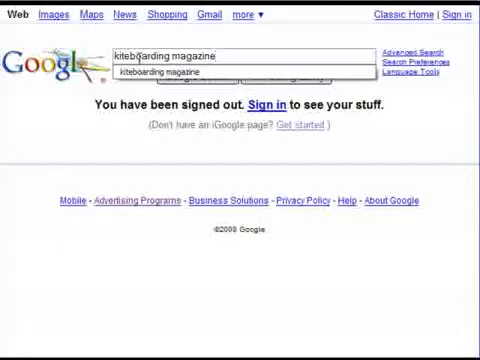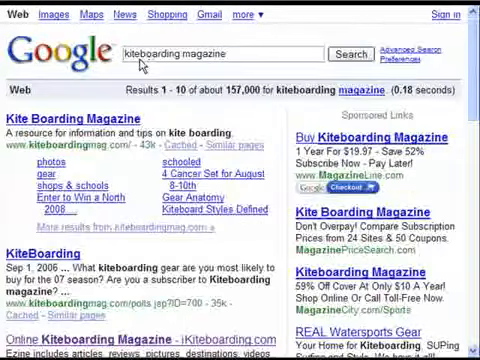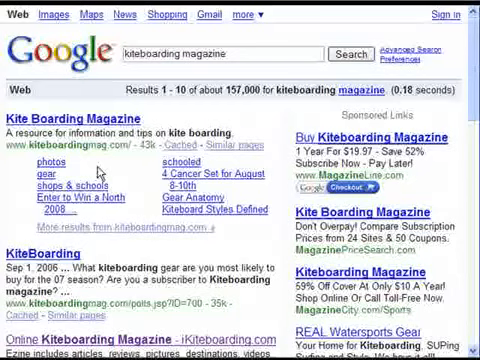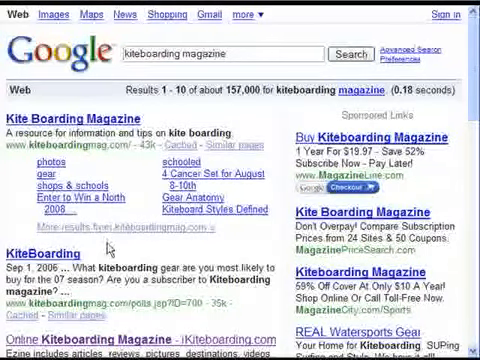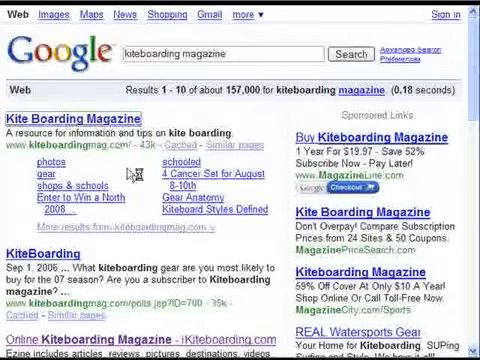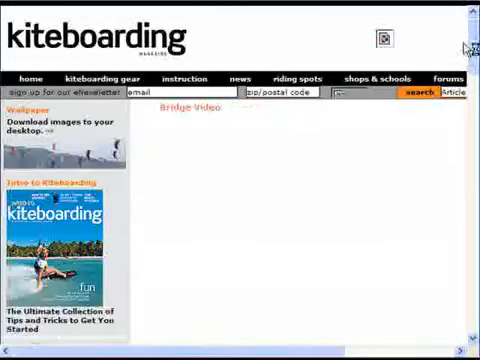And again, we're looking at existing magazines in the offline world and seeing what kind of stats they have for their websites, as well as what kind of demographic information they have for their client base, for their subscribers. And so if we look at Kiteboarding Magazine at kiteboardingmag.com, and what you're looking at when you go out to